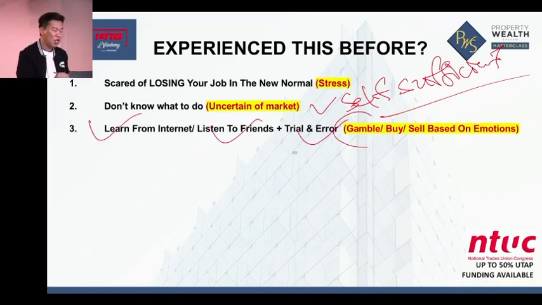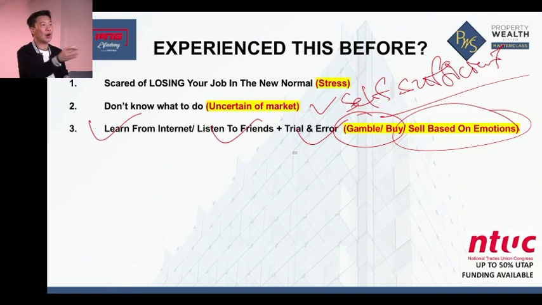Then you gamble. This one can buy, that one can buy. But where is your checklist? Where's your system? Or you sell and buy based on emotion. Because after looking around, you become so tired. Okay, let's do this. Why? So that I don't need to answer anymore, I don't need to go viewing anymore. Because research is hard.